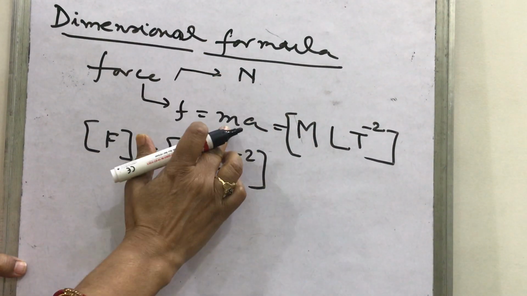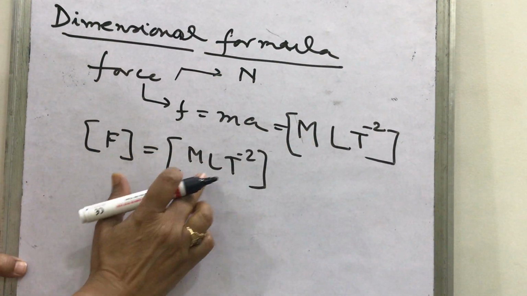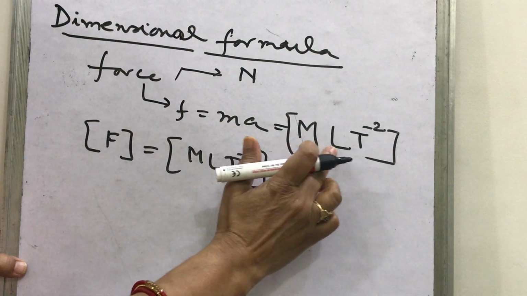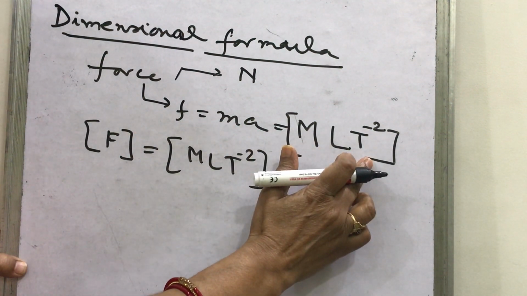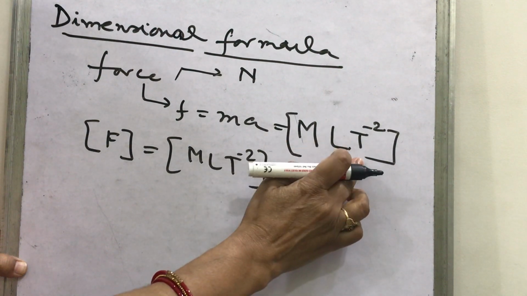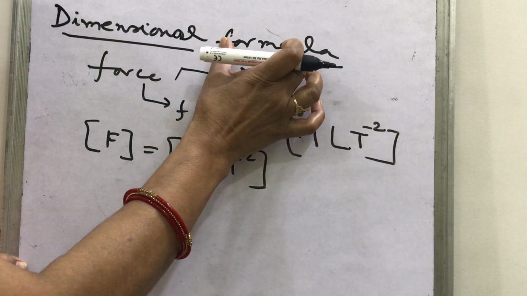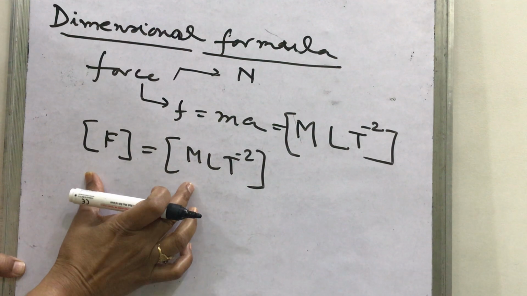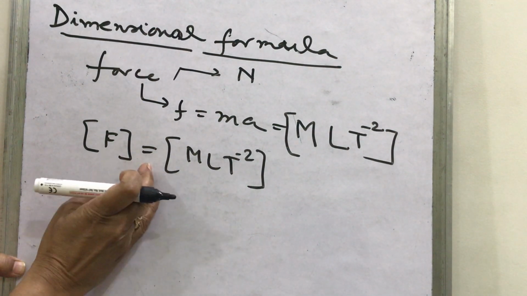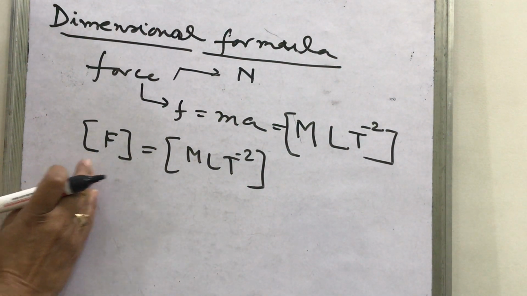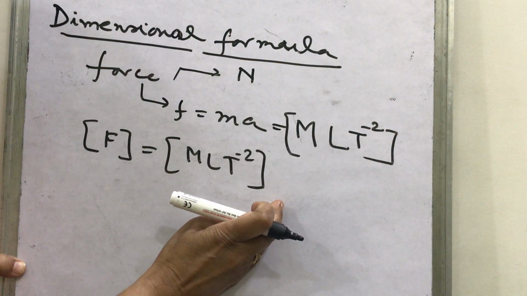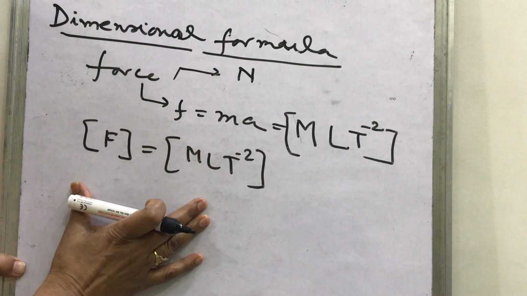Then this is the SI unit, and this is the fundamental unit, kilogram meter per second square. Dimensions [MLT^-2] is only the dimensional formula, and these two together form the dimensional equation. So in the equation, LHS is the quantity, RHS is the dimensional formula. So this is called dimensional equation.